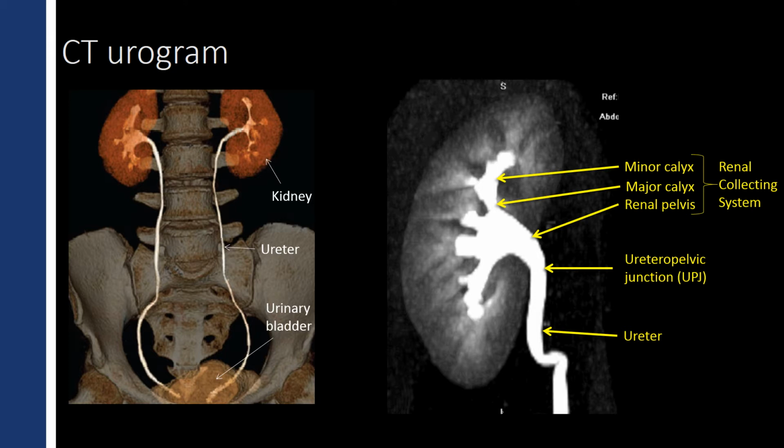Now, notice how the pelvis kind of funnels down into the ureter at the ureteropelvic junction. This is why this is a good place for stones to get caught, because there can be a stone that's large enough to rattle around the renal pelvis, but is not large enough to go through the ureter, and so this funnel right here is where it gets caught. And just that blush in the kidneys is due to